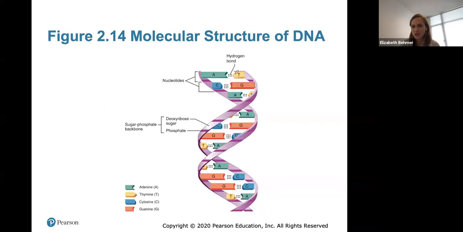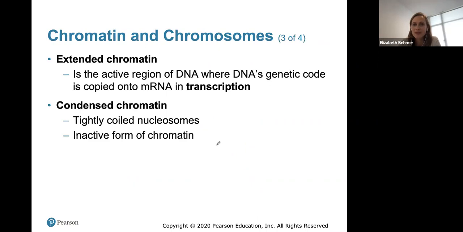And this is a structure of DNA, a double helix wound molecule made up of these bases that pair together. So guanine always pairs with cytosine, thymine pairs with adenine, and so forth. The extended chromatin is the active region of DNA where DNA's genetic code is copied into mRNA, called transcription. So transcription is just the copying of the DNA genetic code into mRNA, and condensed chromatin are tightly coiled nucleosomes,